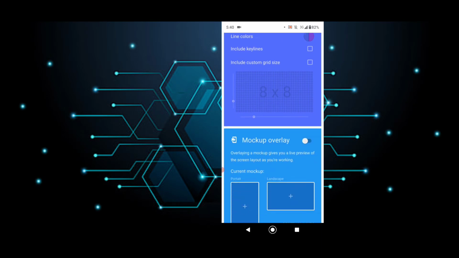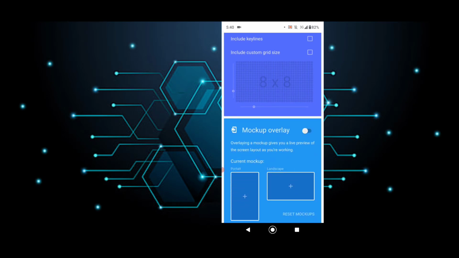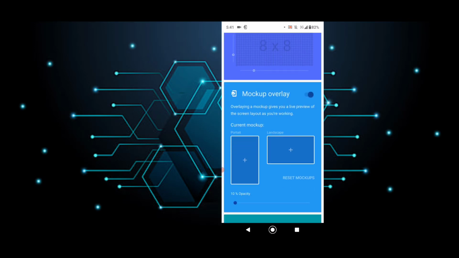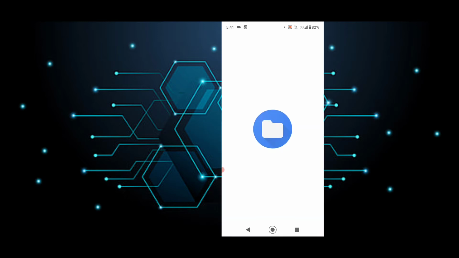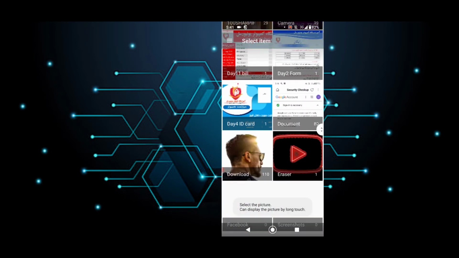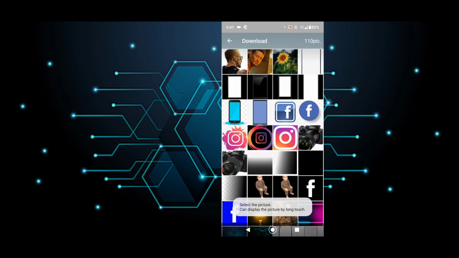Click on this mockup overlay like this and click on allow, and select some photos, portrait or landscape. Just select portrait side in there and give some photos in here. I will give this photo,